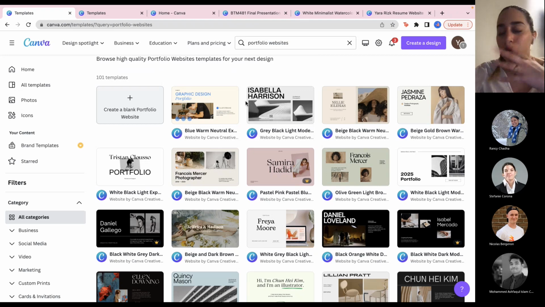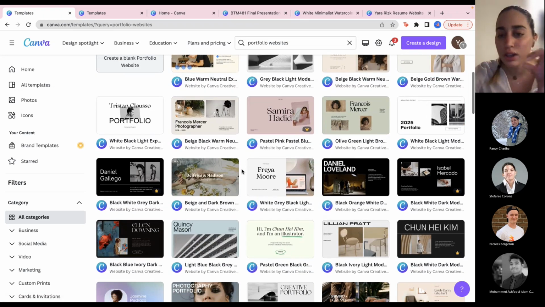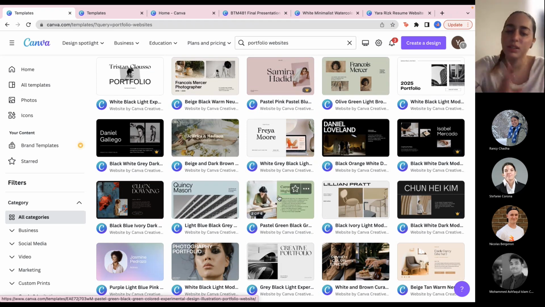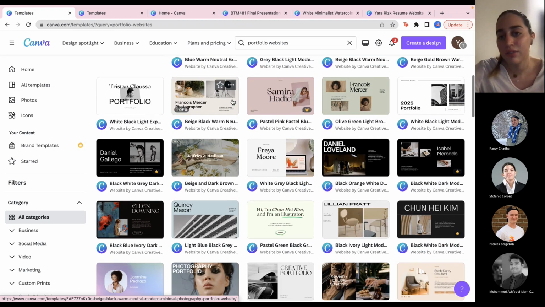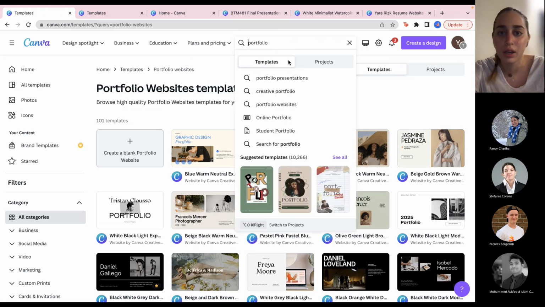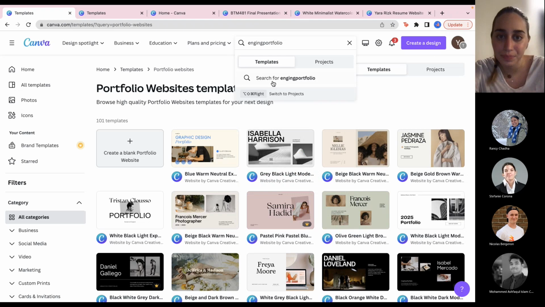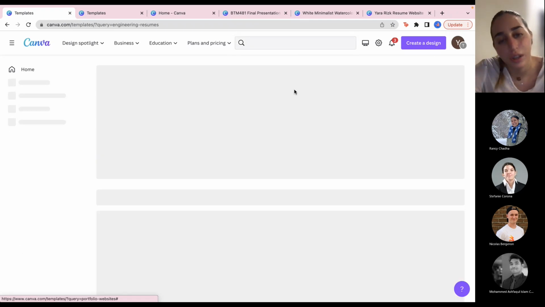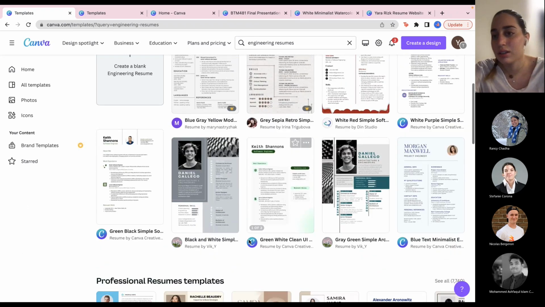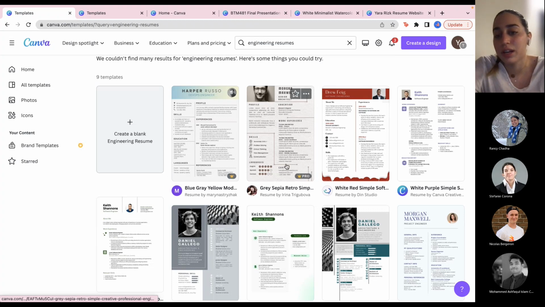If you look up a bit more and search for something that could be similar or could be used, maybe not specifically in an engineering portfolio website, you could definitely get away with something. We can try and see if we can find a specific one for engineering portfolio, maybe engineering resume. Yeah, so mostly they're all like, you see,